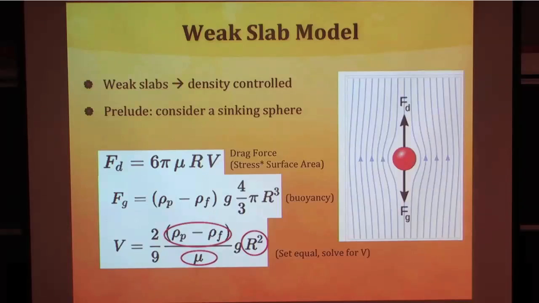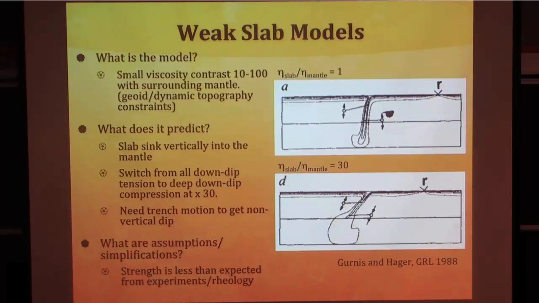Okay? Okay, so here's just an example of what you see if you have a relatively weak slab in a numerical calculation. So in this model there's a ridge right here and an overriding plate, and you can actually have flow going through this box. And there's a very small viscosity contrast. In the top, it's actually the same viscosity as the surrounding mantle. And then in this picture, it's a factor of 30 stronger than the surrounding mantle. So it's really small. And what you can see, they initiated a subduction zone here and a little initial slab. And so then this thing started sinking dynamically into the mantle. And this is the 660 here,